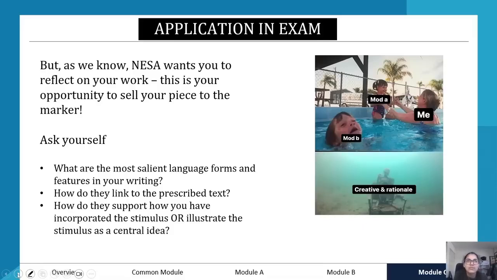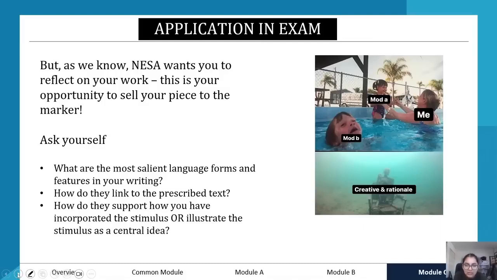So in your introduction, you'll have to say, my text uses these techniques, or these technical features and these thematic features to convey this specific idea, inspired or influenced by this text, your prescribed text, and the author. So also remember, especially when you've been given a stimulus, or you're asked to include the stimulus as a central idea, let's say, you have to make sure that